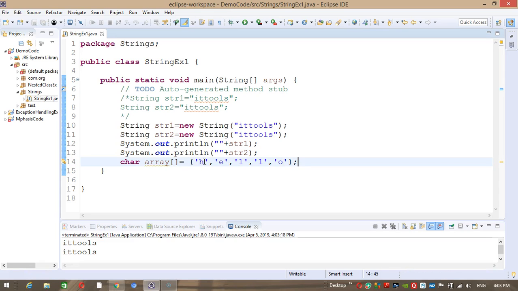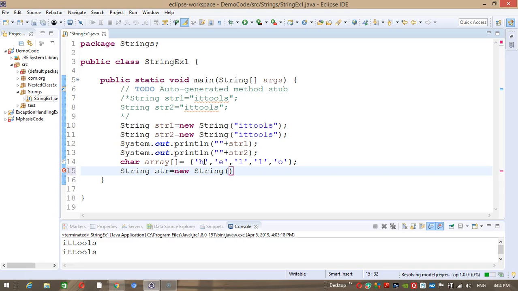If I want this array in a string format, I can directly take it like this.